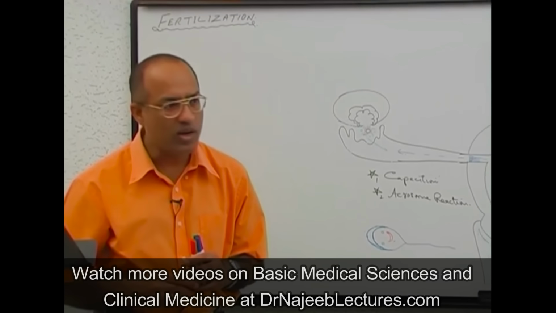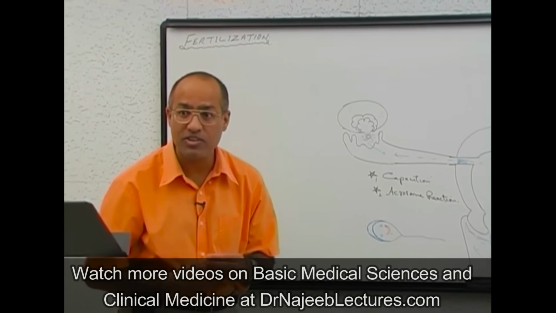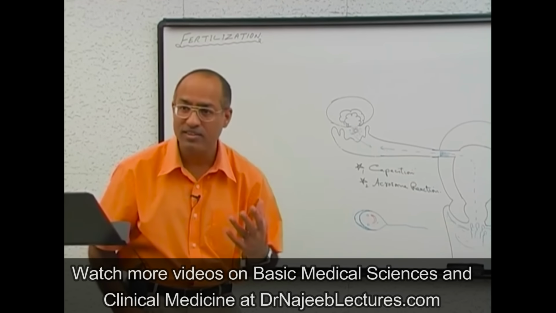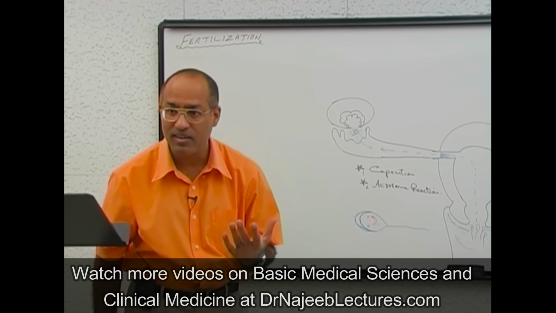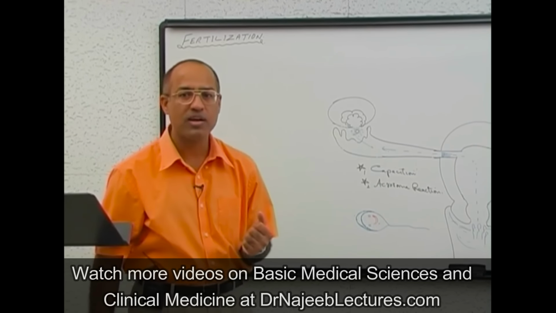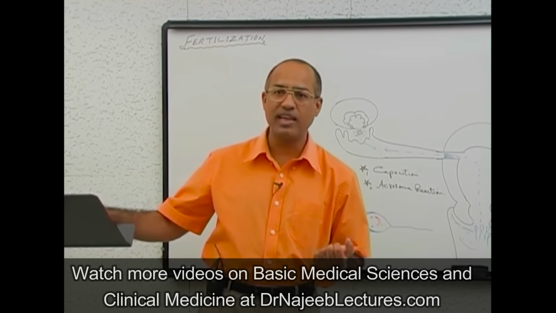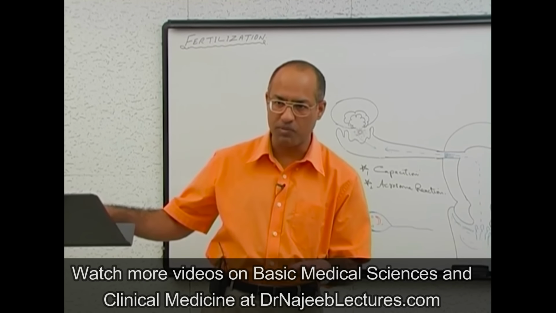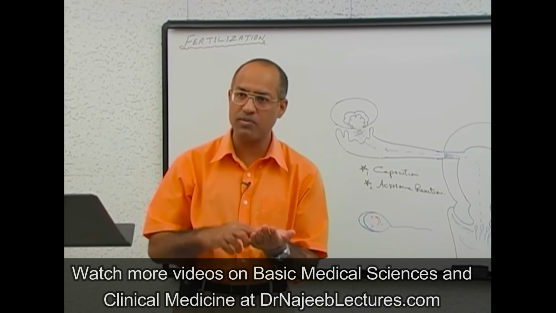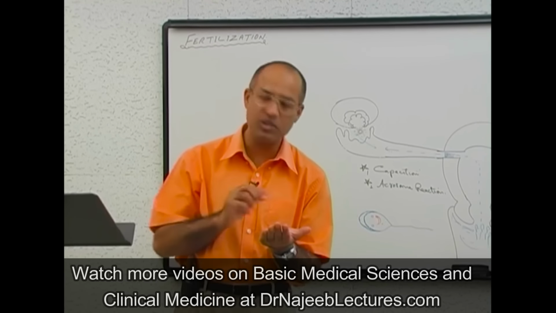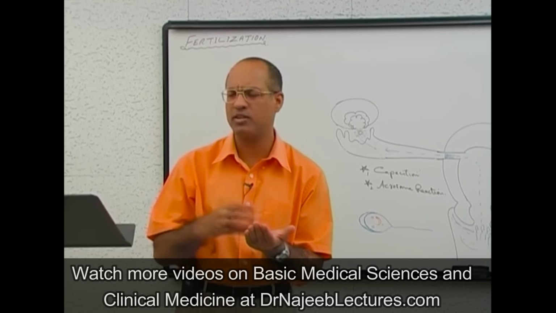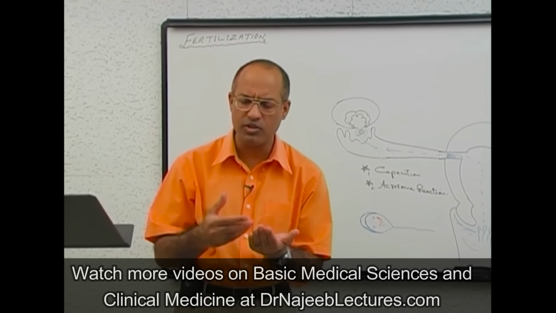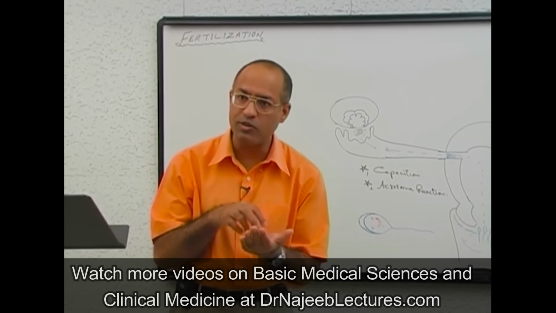Now, why is this point important? This capacitation process takes about 7 hours in the female reproductive tract. Why is it so important to mention? Because when we try to do fertilization in vitro, in the laboratory, we put the ovum and put the freshly produced sperm on that. Freshly produced sperms, or rather specially released sperm in the semen, cannot fertilize the ovum.